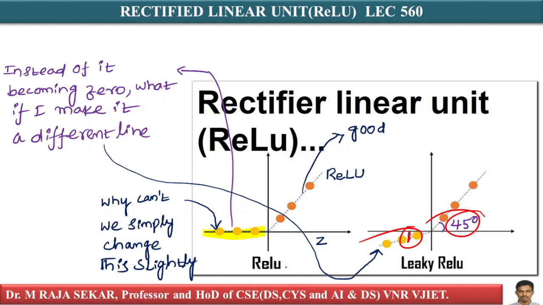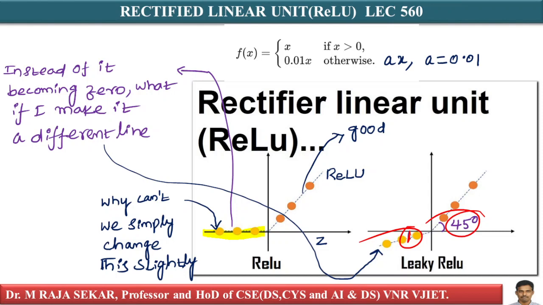Leaky ReLU says that my f of x equals x if x is greater than 0, and f of x equals 0.01x otherwise. In the slides we were saying that there is parametric ReLU, f of x equals ax. In the place of a, we are not keeping 0.0, and we are giving a small value here. 0.01 is a small value. This line is Z, and this line is AZ. What is your A value in the case of leaky ReLU? Your A value is 0.01, and the derivative is also